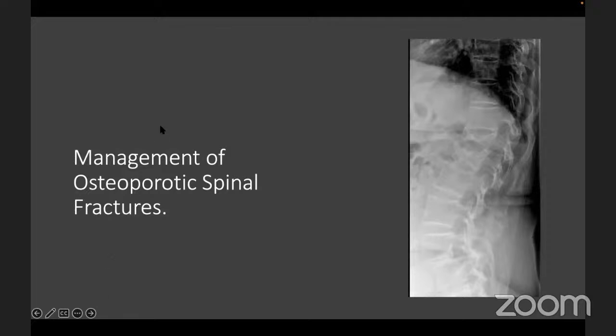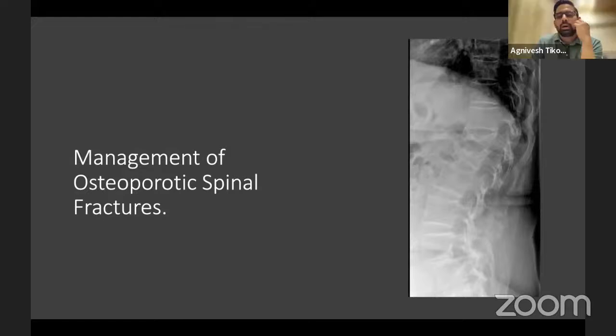Sir, Dr. Manan. Can you please guide us about the protocol for OVCF patients? I mean, when should we start mobilizing the patient, and is there any role of bed rest if we are managing the patient conservatively, sir? So once you have a patient of an osteoporotic spine fracture, again, the patient may present to